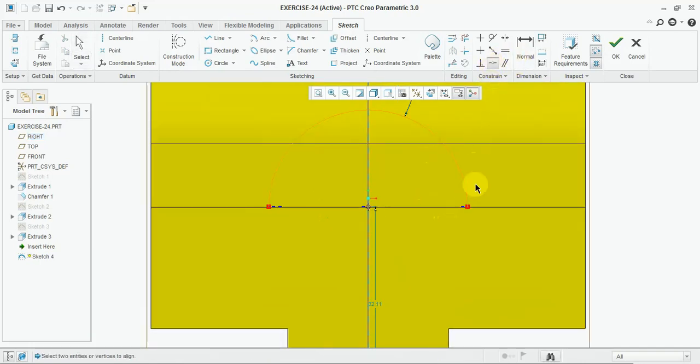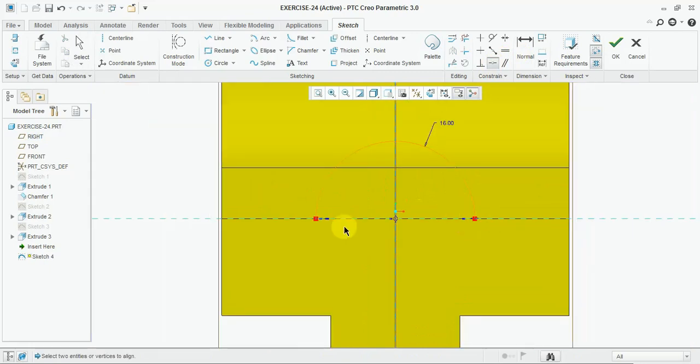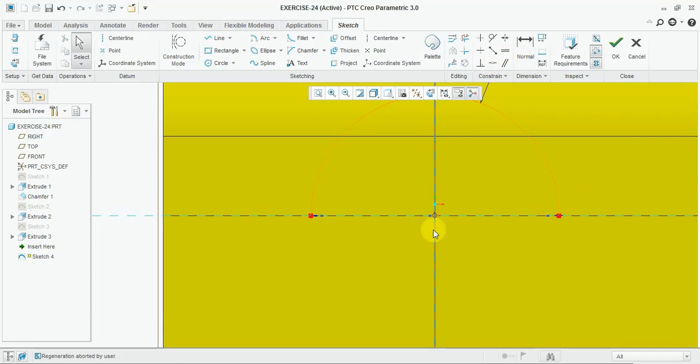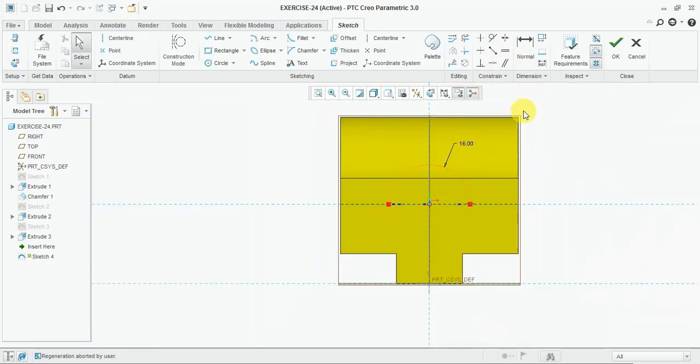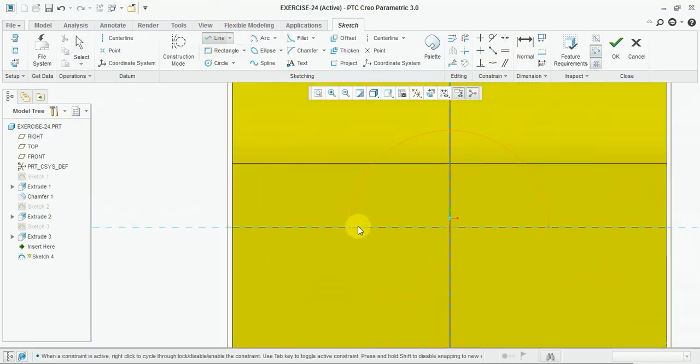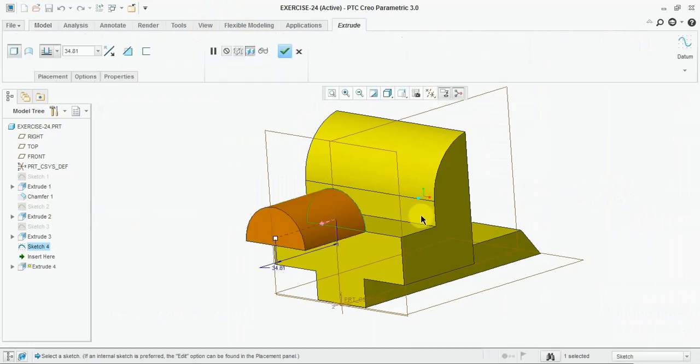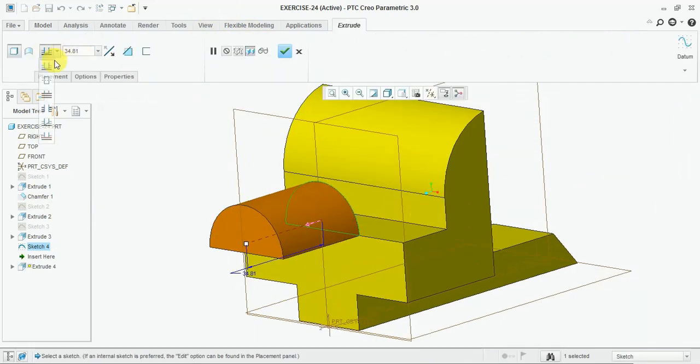Select coincide, select this point, connect both ends. Okay, select extrude, up to selected.